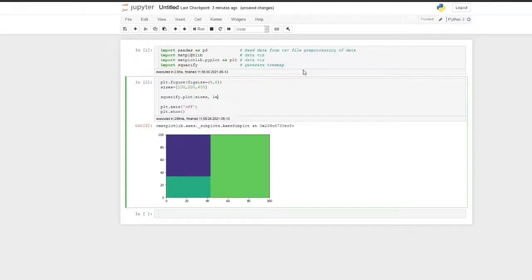And I will use value, not label. Sizes will specify the size of each rectangle, and value is the label which will be displayed on each rectangle. Okay, so I will specify value as sizes itself. That means now in each rectangle the measure will also be displayed.